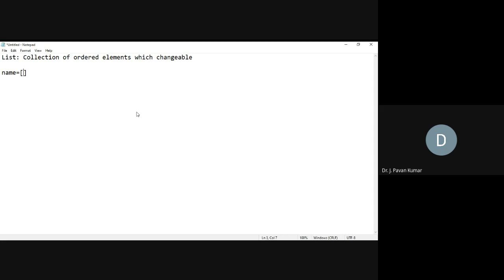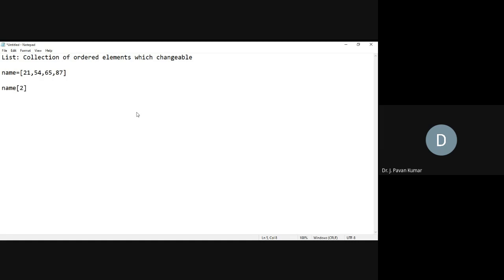Now let us consider we have four elements like 21, 54, 65, 87. Then it is considered a list. One more property is that it is changeable. Whenever we access name of 2, what element will we get?